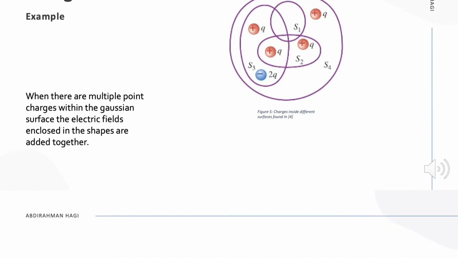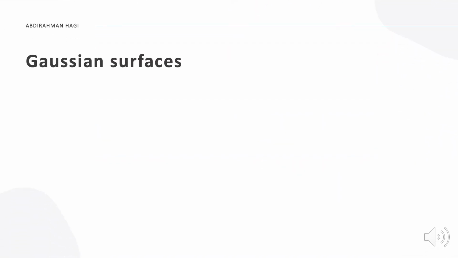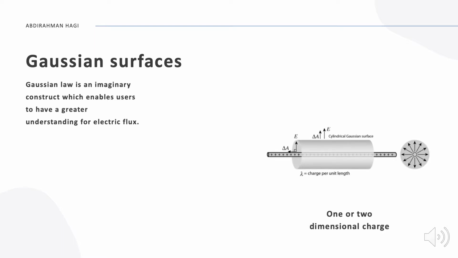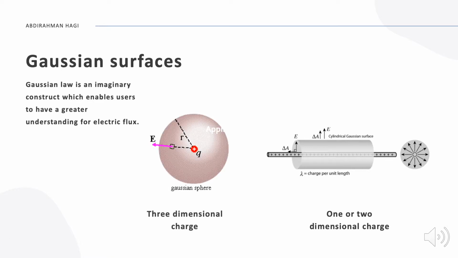It is an imaginary ideology that is used as a mathematical construct that enables users to have a greater understanding of electric flux. Depending on the charge distribution, the Gaussian surface shape will be determined. For 1 or 2 dimensions or a charged rod, a cylinder Gaussian surface will be required. However, if the charge distribution has a 3-dimensional distribution or a solid sphere of charge distribution, then a Gaussian sphere would